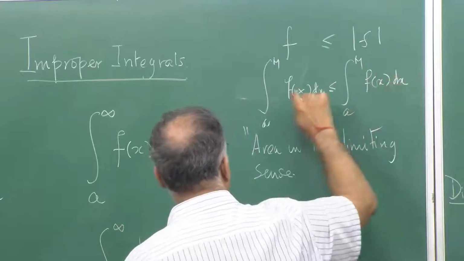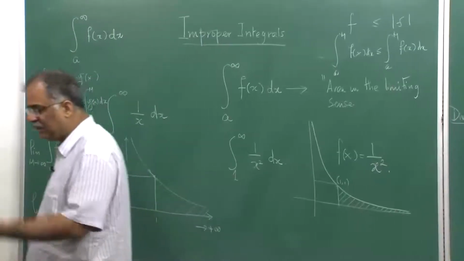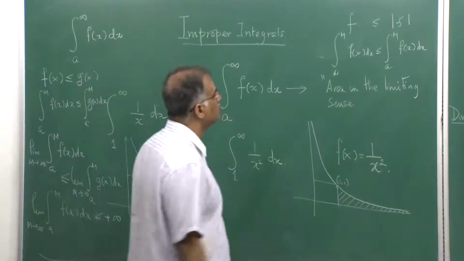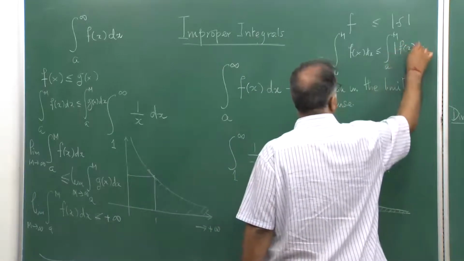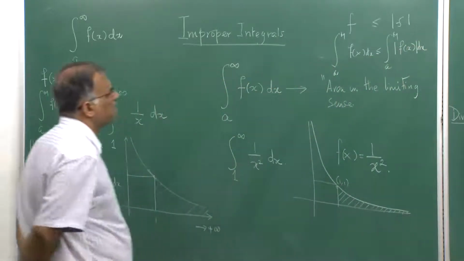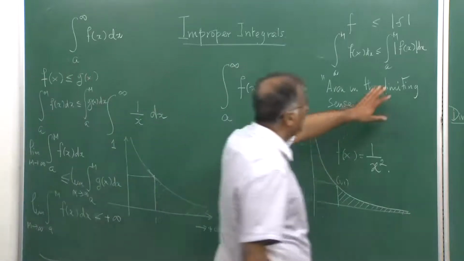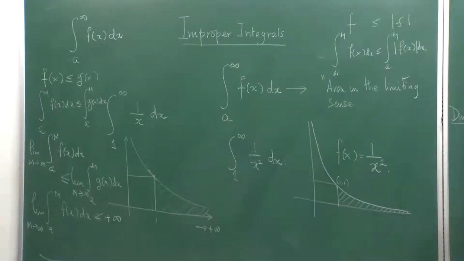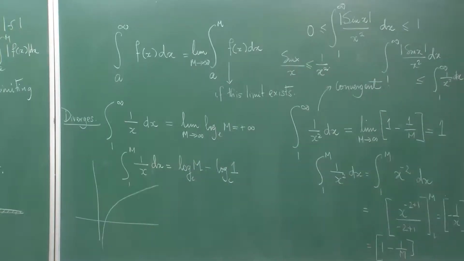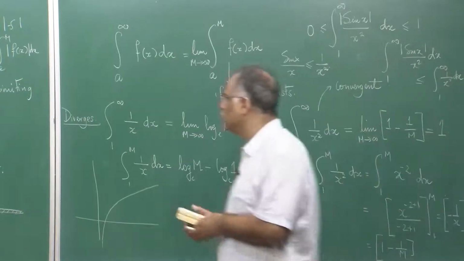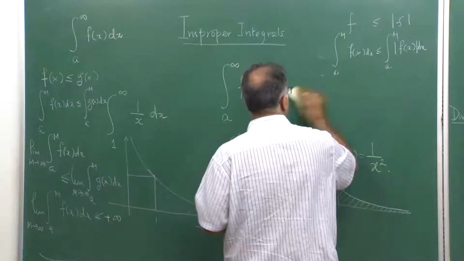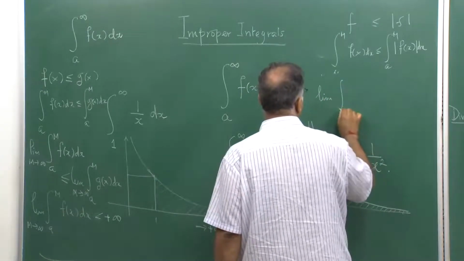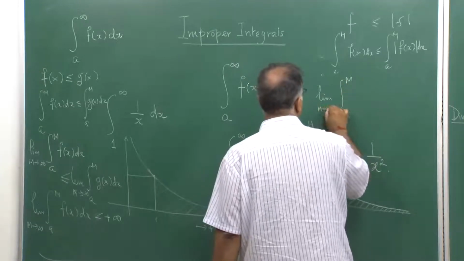All these functions f that you assume are Riemann integrable over an interval. Now, if this integral becomes finite once I take the limit, then we say that the original problem is also convergent and finite. So if you take the limit of a to m, m tends to infinity,